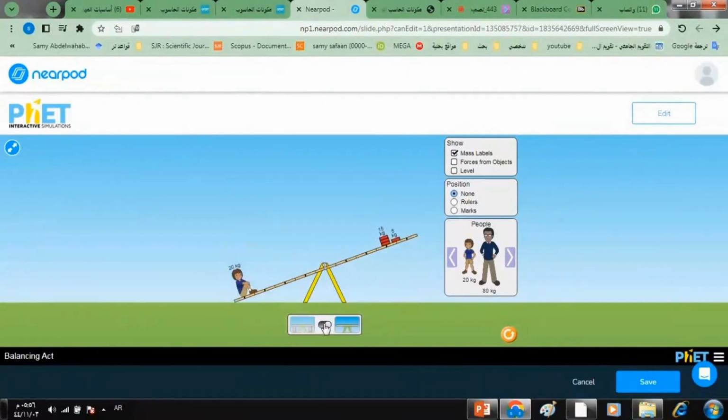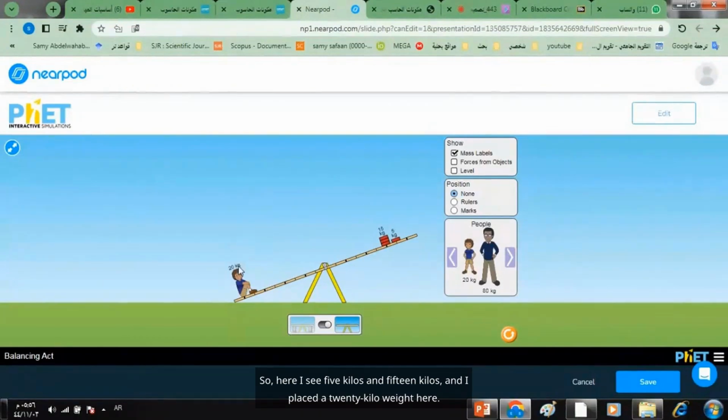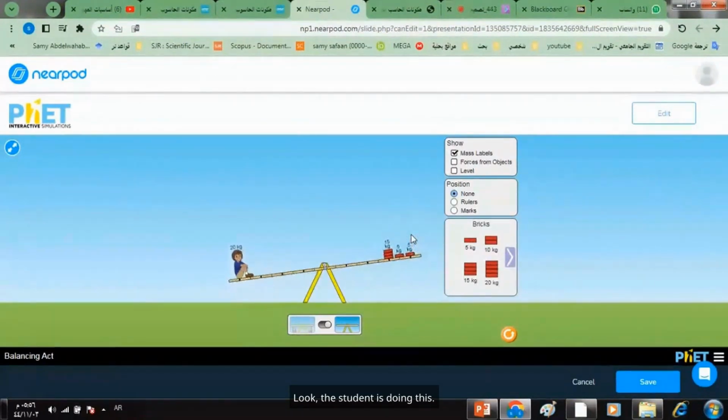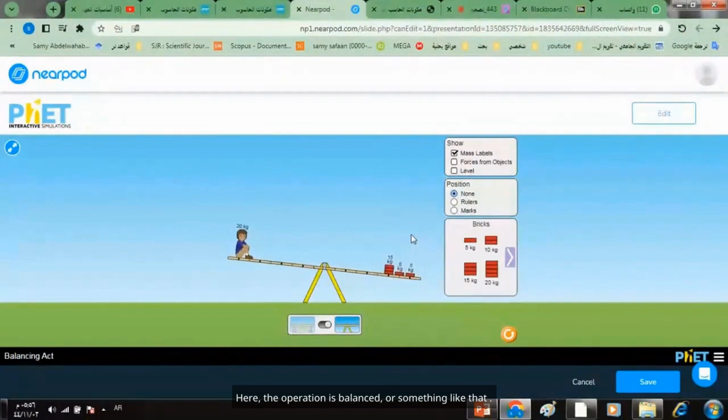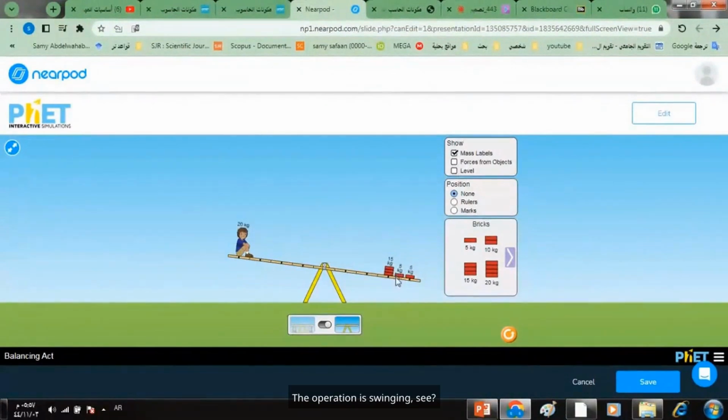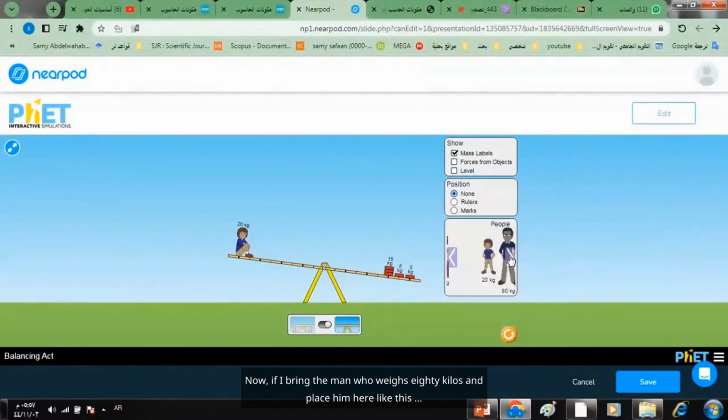Excuse me. So here I see 5 kilos and 15 kilos, and I placed a 20 kilo weight here. If we bring another 5 kilos, we can pull them. Look, the student is doing this. Here, the operation is balanced, or something like that. Here we have 5, 5, and 15, which makes 20. The operation is swinging. See, it's swinging like this. Now, if I bring the man who weighs 80 kilos and place him here like this,